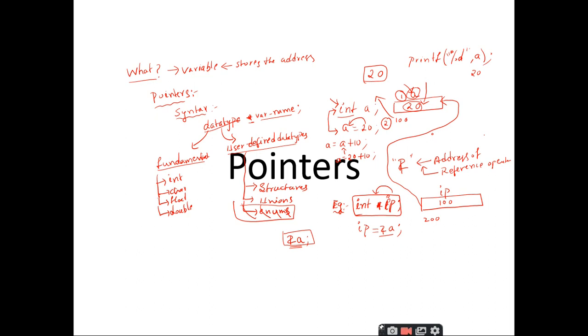We have a variable pointing to the actual location. My actual value is 20, which is stored inside the variable a, but I am not directly accessing the value by using the variable. There is an indirect method where I can access the value by using pointers. Right. So this is all about the introduction to pointers. Is it clear up to this point?